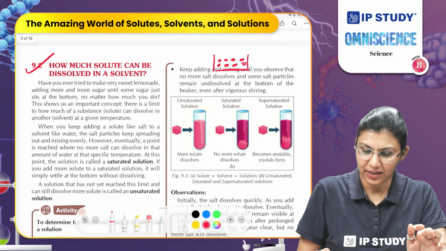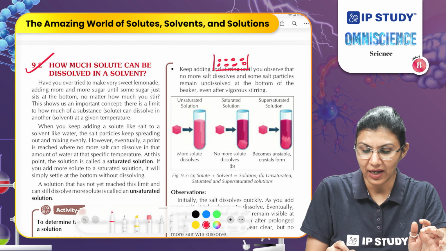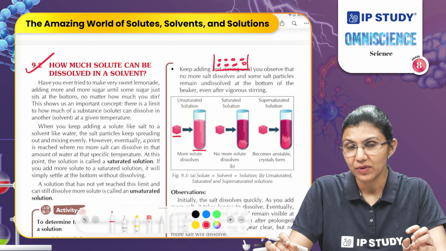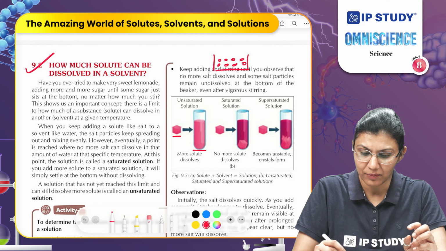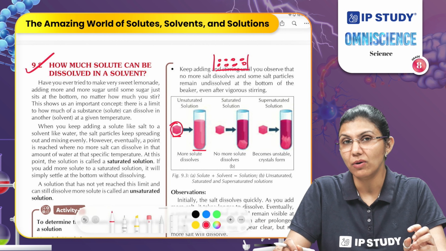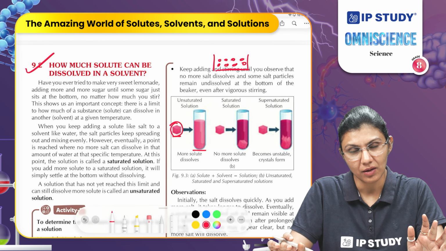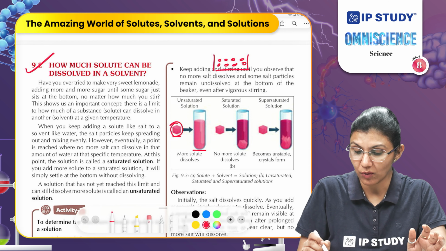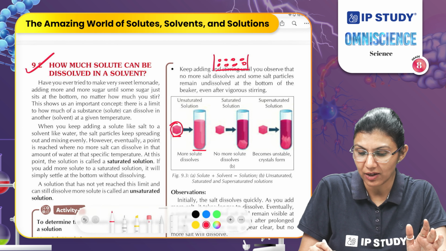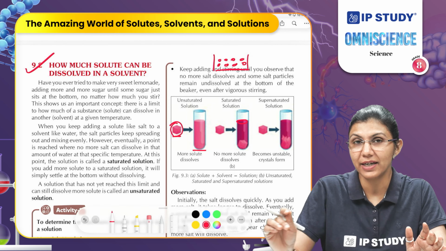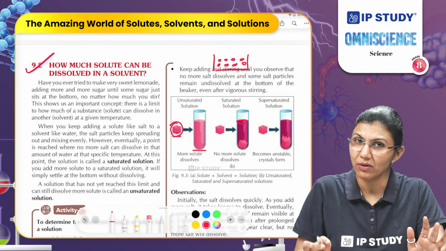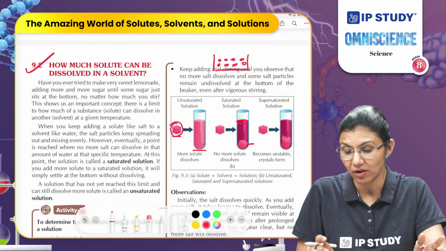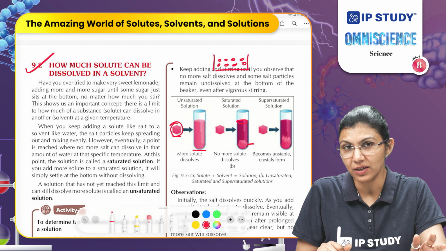For example, initially if we add a small amount of solute in the solvent, it will dissolve and give the color based on the compound or the mineral present in the solute. Now, if you add more solute, what will happen? You are adding more color, so it will give you a deeper, darker color, because it is now dissolving there. At a certain point, you will see that more solute is not being dissolved here, it is settling at the bottom of the container.